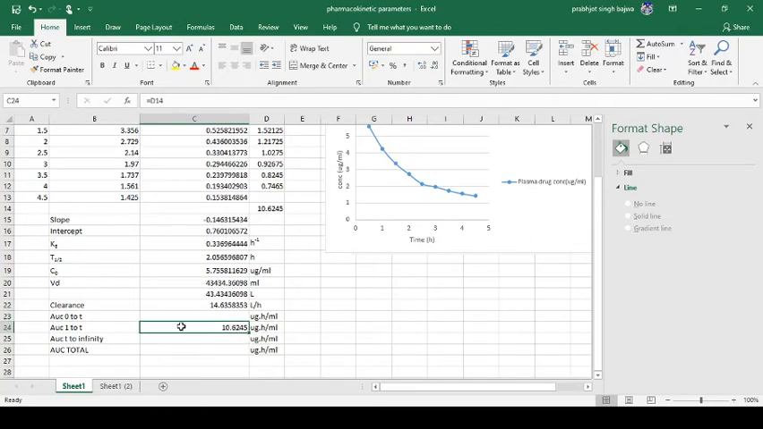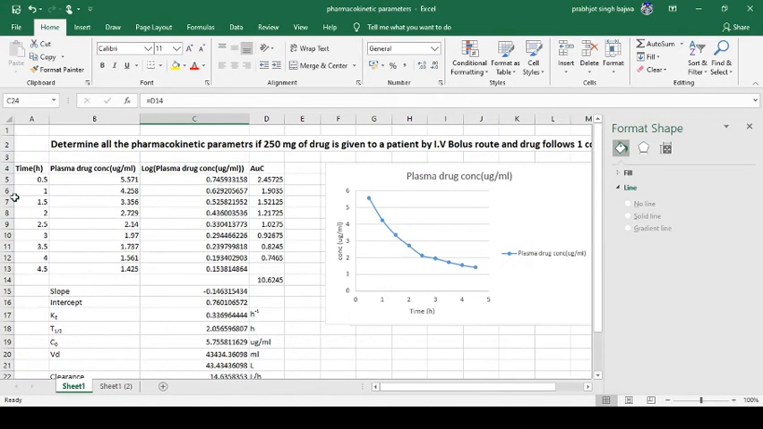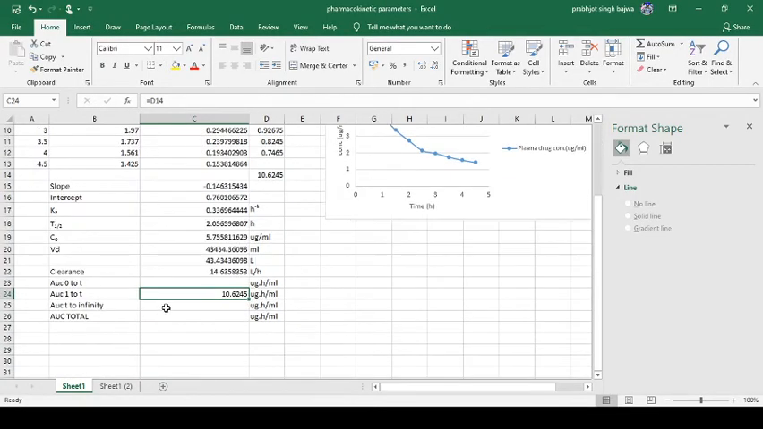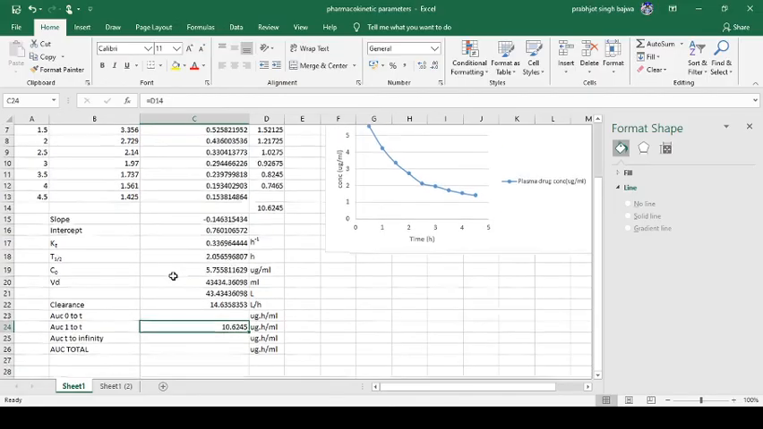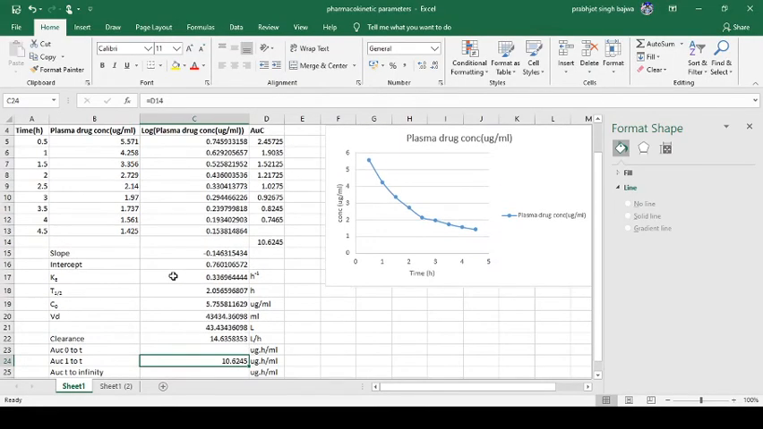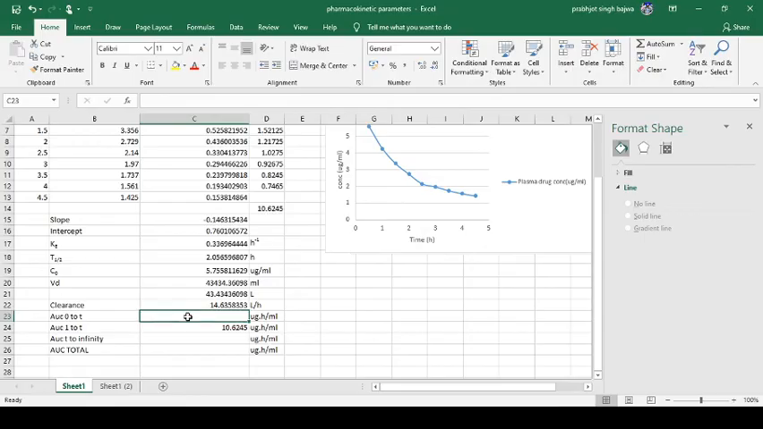The last reading, that is the time. The first point is 0.5 and the last point is 4.5. So now what we have to do is calculate the area under the curve 0 to T. 0 is at time 0. So at time 0 we have C naught, the concentration, so we will use the formula half, we will write 0.5 into (C1. C1 is C0